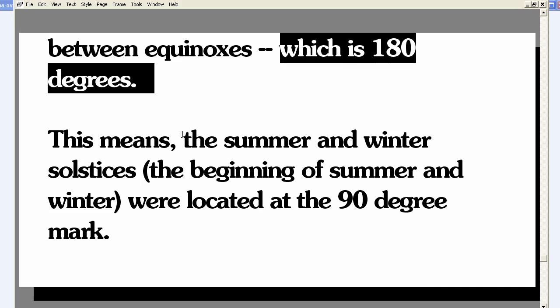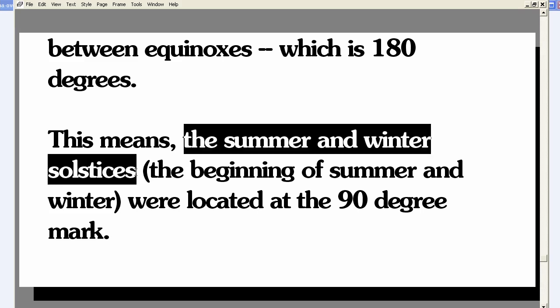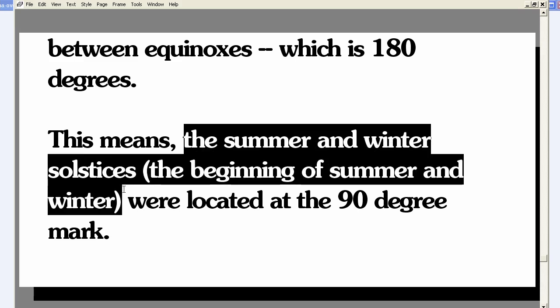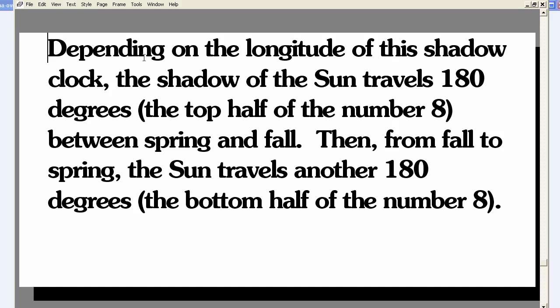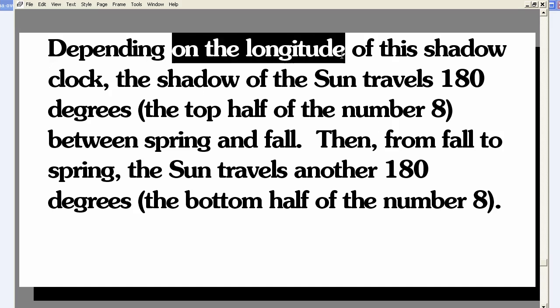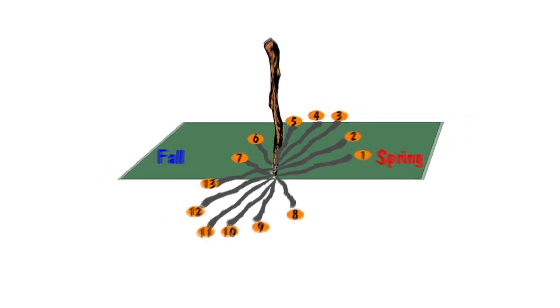This means, looking at the seasons, that the summer and winter solstices, which mark the beginning of summer and winter respectively, are located at the 90-degree mark in our figure 8, that is, the very top and the very bottom. So depending on the longitude of this shadow clock, the shadow of the sun travels 180 degrees,